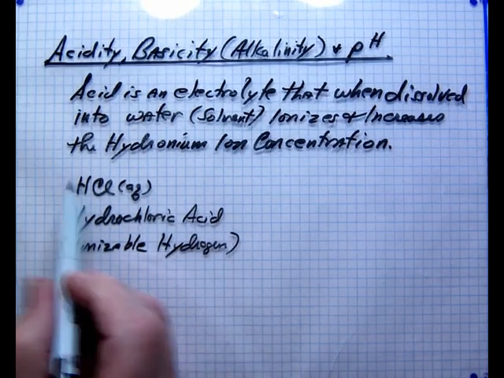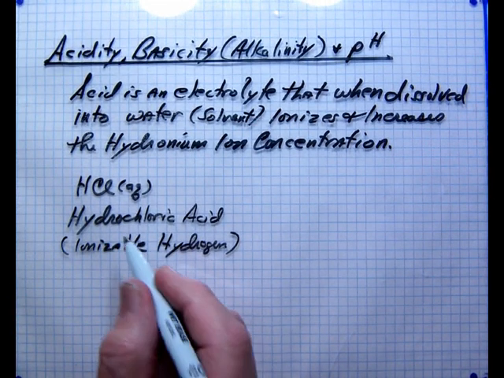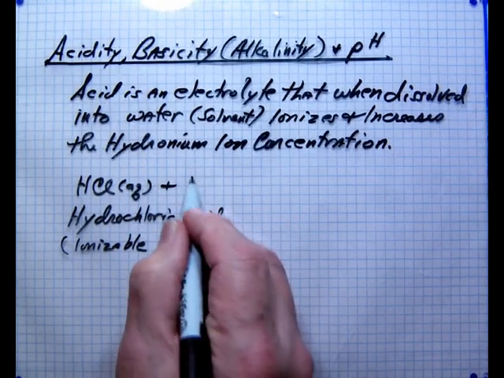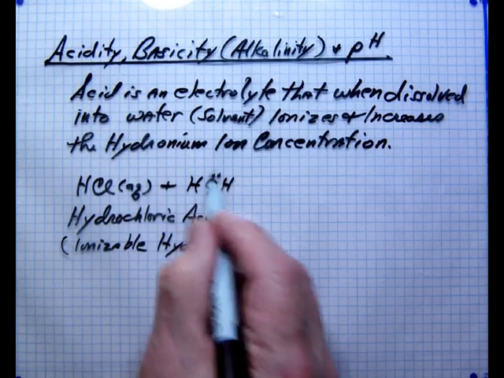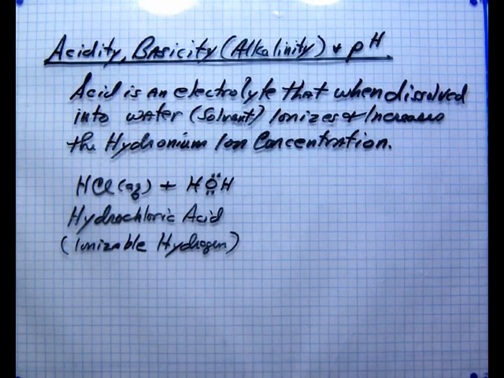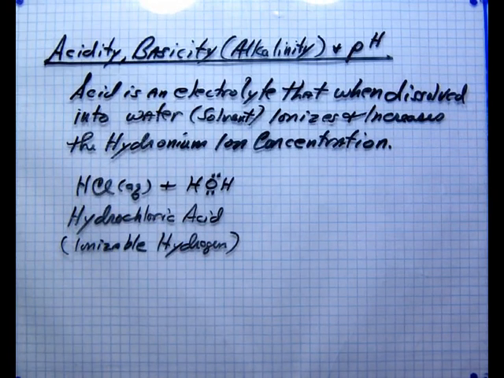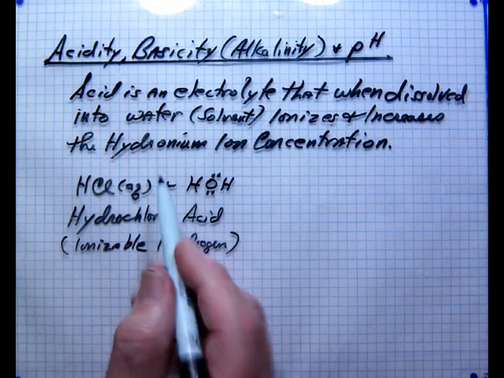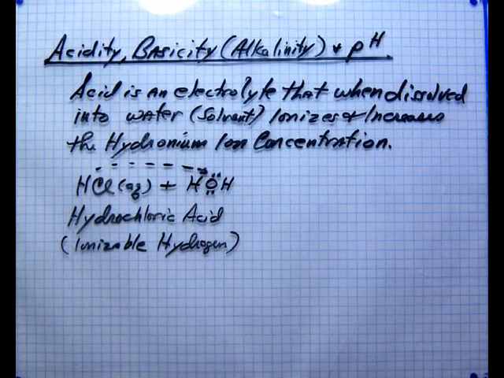That is, the hydrogen will break away from the chloride in the structure very easily in water, and it will react with a water molecule. Now, water has what we call an electron pair on it, which gives it a negative character, and the hydrogen, without its electrons, nothing but a proton, is transferred over to the electron pair on the water,